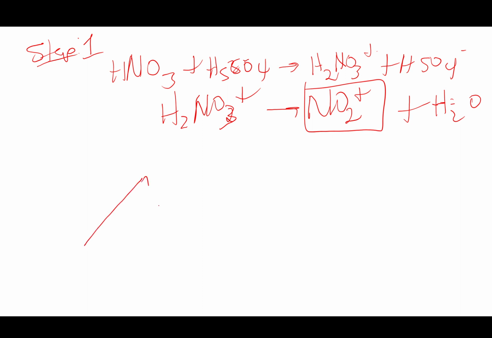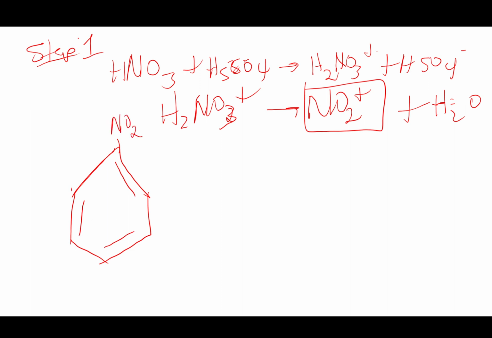What happens now is that the nitrobenzene, let me just add this like that. We already have nitrobenzene. What's going to happen is that the nitronium ion is going to be adding now. So the electrons are going to be moving on to our electrophile. Look at that neatly. And what we're going to end up with now is an intermediate,